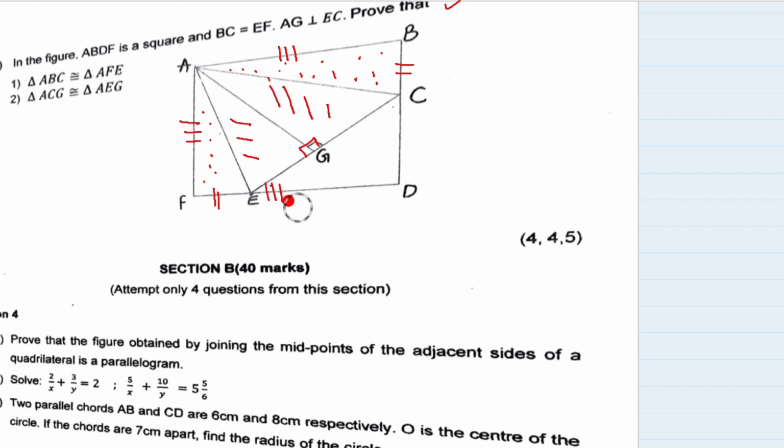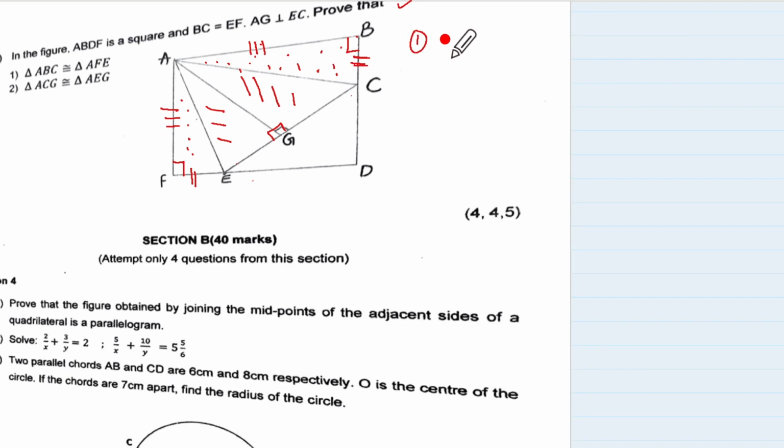So I will not do all these markings everywhere. Then we already know that this, which is shown with double line, is equal to this FE, which is with double line. Now included angle, can you see over here? 90. So it is side angle side, SAS test. Okay. So at least for the first part, we should be able to write statement number 1 saying that